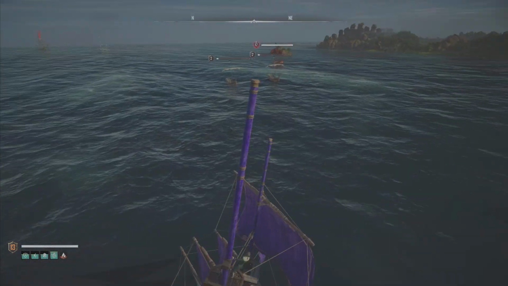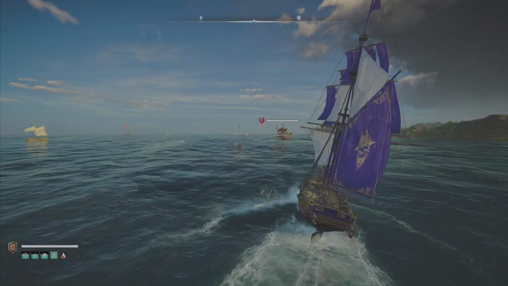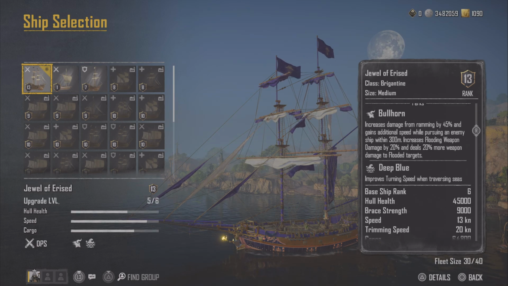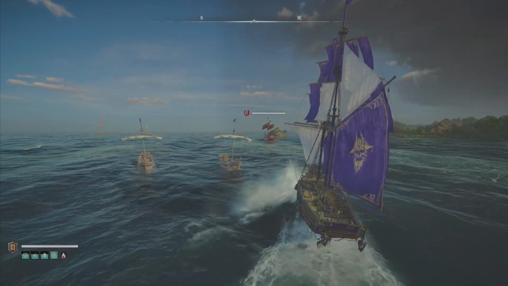I honestly wasn't too sure what I was going to do for my first Brigantine build. I was able to boost the ramming capabilities of the Bullhorn perk pretty easily, but then I felt like making a build that centered around the flooding damage that you get from the perk may be a little bit more effective. And then I remembered that there was another build I wanted to try out, one that focused on crew